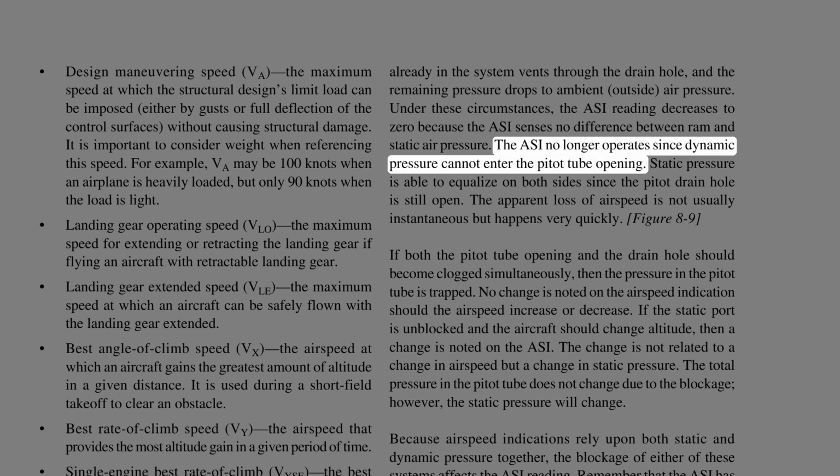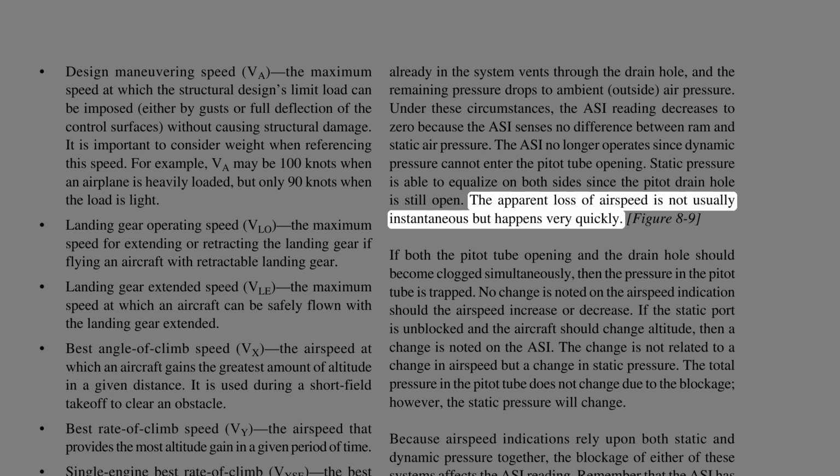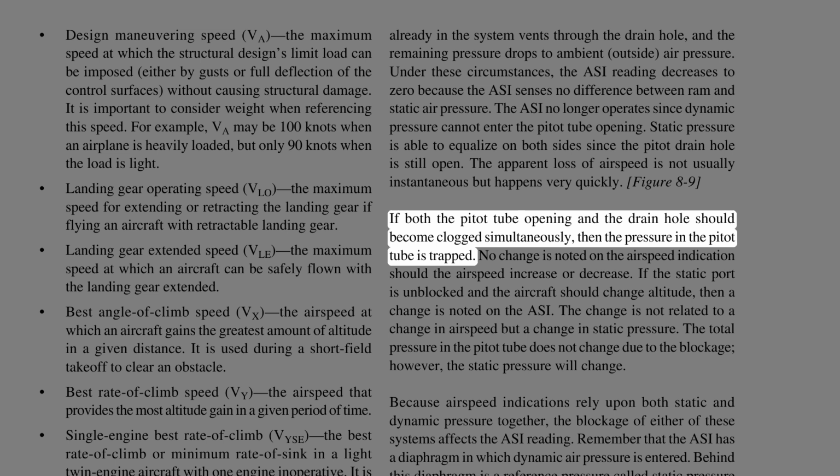The ASI no longer operates since dynamic pressure cannot enter the pitot tube opening. Static pressure is able to equalize on both sides since the pitot drain hole is still open. The apparent loss of airspeed is not usually instantaneous but happens very quickly. If both the pitot tube opening and the drain hole should become clogged simultaneously, then the pressure in the pitot